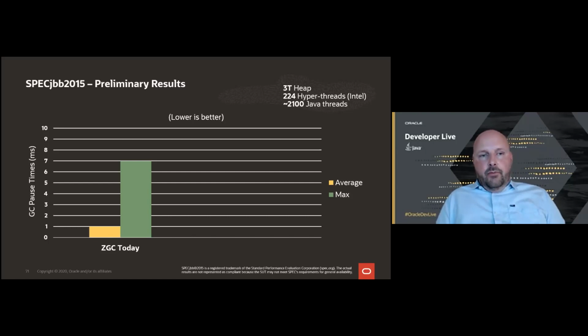So again, I'm showing you the pause times here. So lower is better. And we see the numbers for ZGC today. Average pause times look good, an average of 1 millisecond roughly. And we have a max pause time of around 7 milliseconds, which is still pretty good. We're below our initial target of 10 milliseconds, but it's not good enough if you want to reach sub-millisecond max